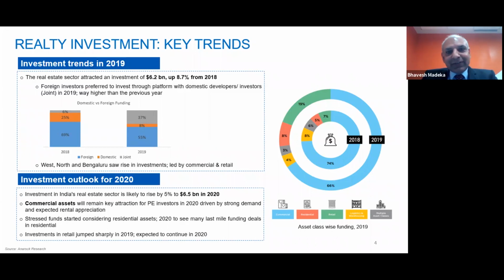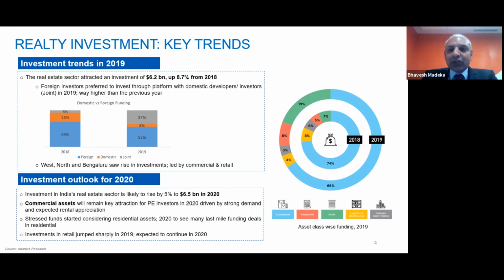Well, there was a certain investment outlook for 2020, and I just want to share that nobody anticipated COVID, but the estimates were that we would achieve $6.5 billion, which we will not now, in the current context of things. And what was growing in 2019? It was mainly commercial real estate. All the asset classes or the funds which were coming were from abroad, plus jointly invested by the foreign investors with the local investors, and purely by the local developers was only 8%,